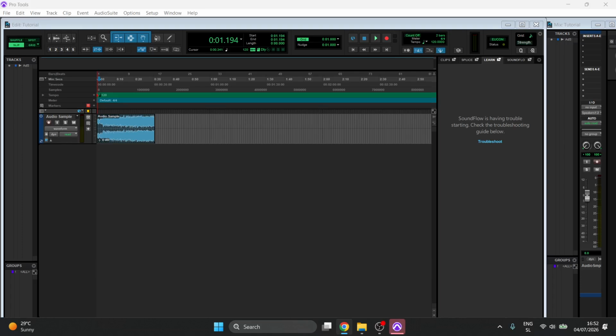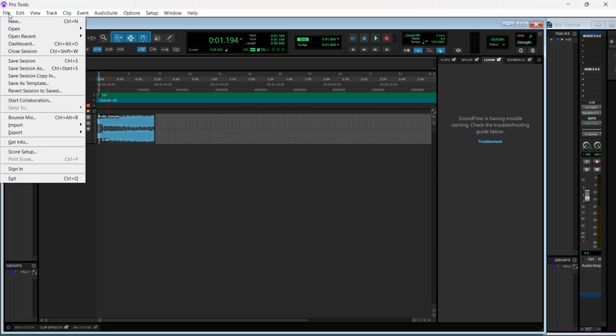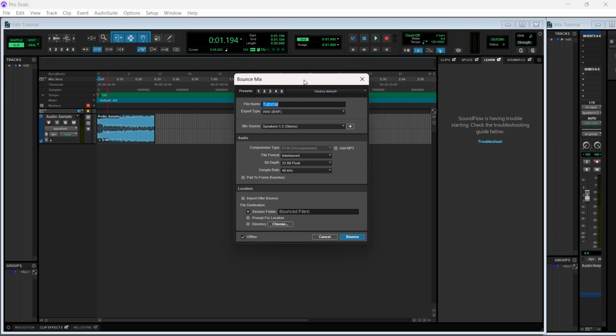In this video, I'm going to show you how to export as MP3 file in Pro Tools. Now to do this, you want to go to the top left and click on File, and then from here you want to click on Bounce Mix. You could also press Ctrl plus Alt plus B on your keyboard, and it's going to open up this Bounce